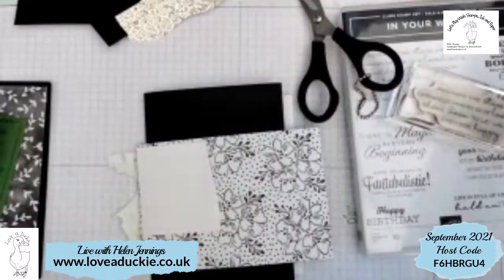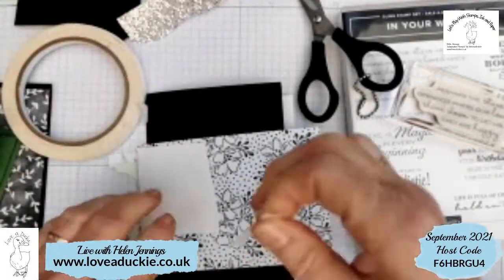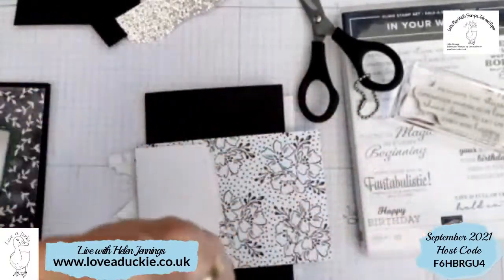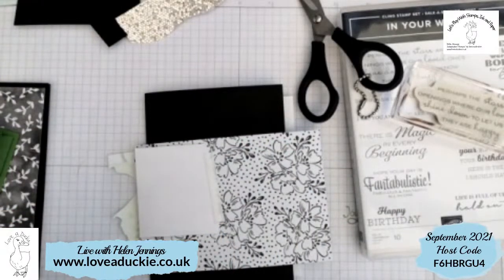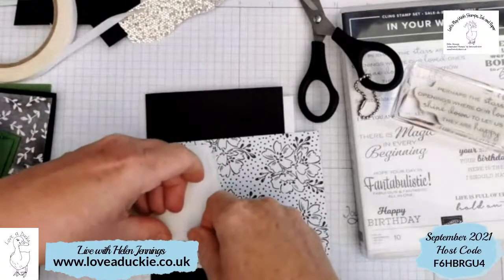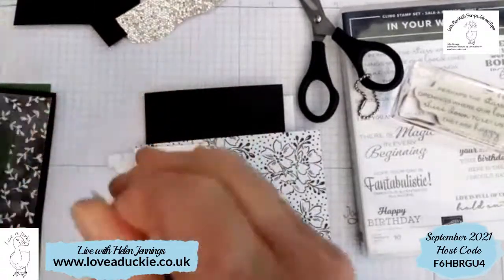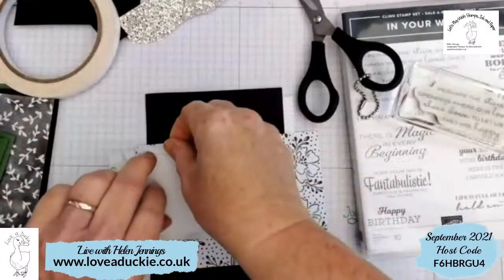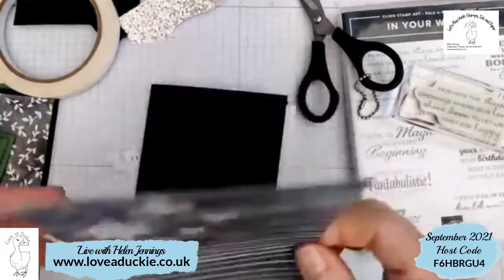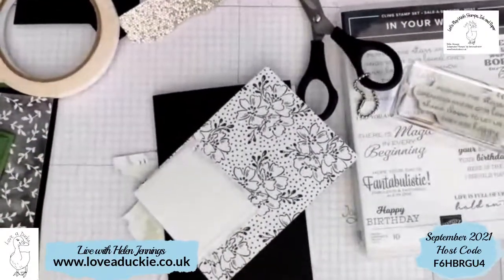So I think what I'm going to do is use some tape just to tape that down for now, because obviously one thing about glitter paper is it's not always ever so easy to stick in place. Beautiful. So what I will do is take the back off that tape,